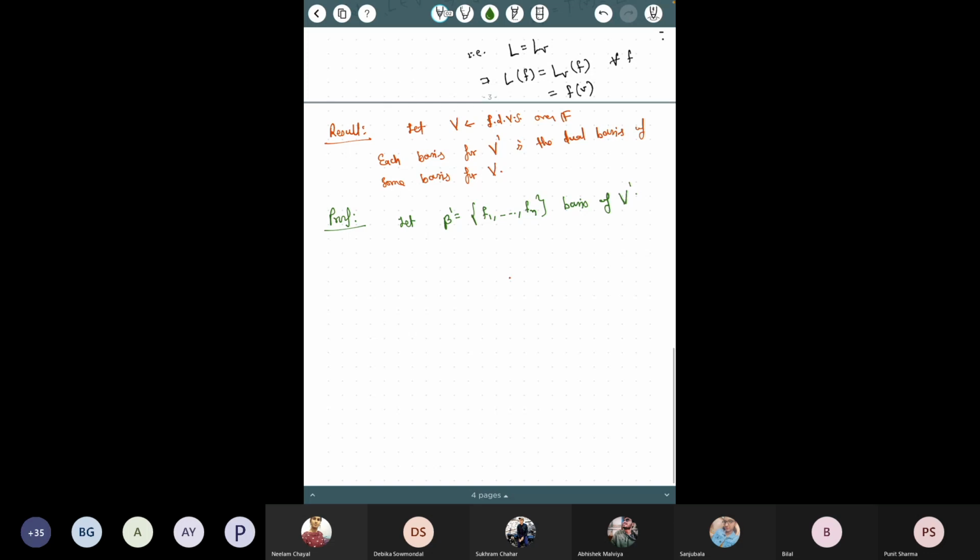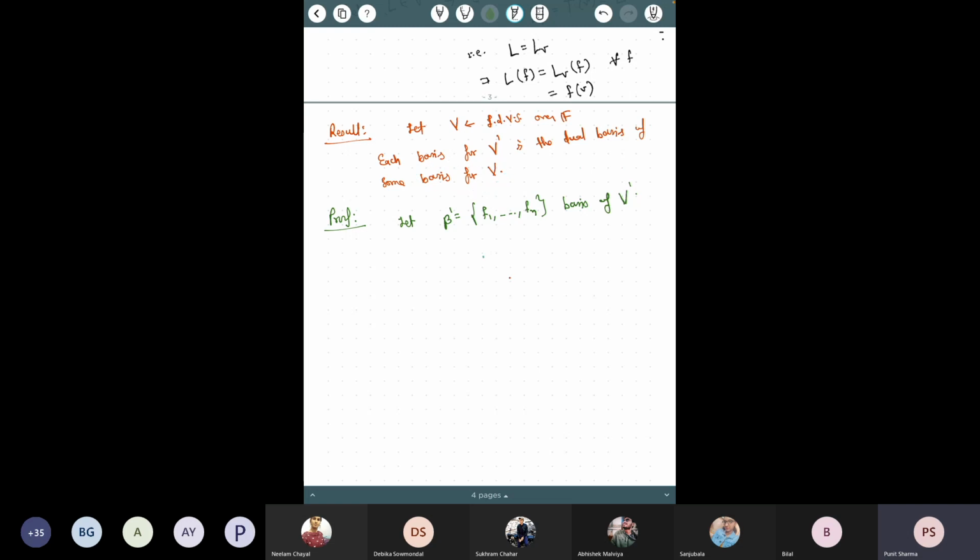So sir, can you please once again say what you said? So the question is that we have a basis for V dash. And what is our aim here? Our aim is to find a basis for V such that this V dash is the dual of this basis. So this basis of V means we need to generate vectors in V, V1 to Vn, such that Fi Vj is equal to delta ij. This is what we want. But how can we reach that point? From this, what should be my next thing?